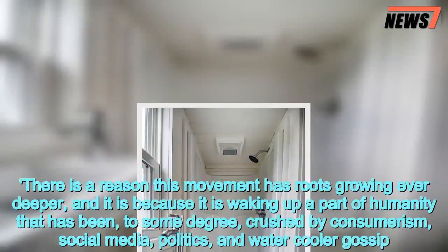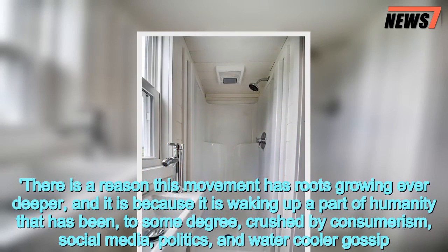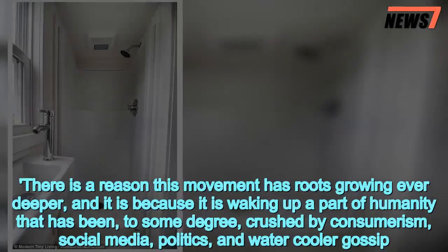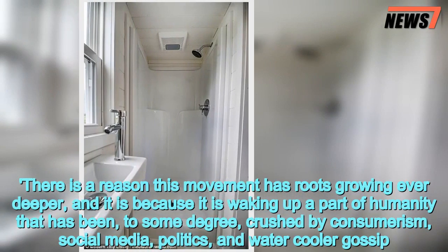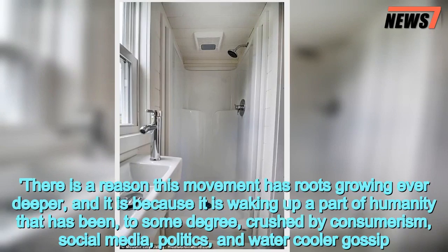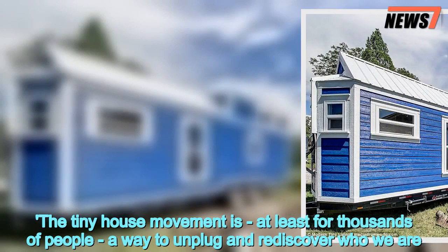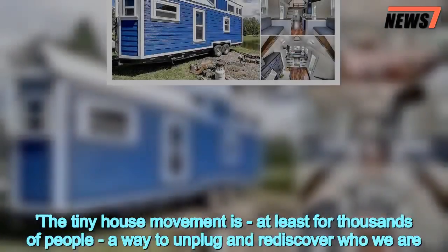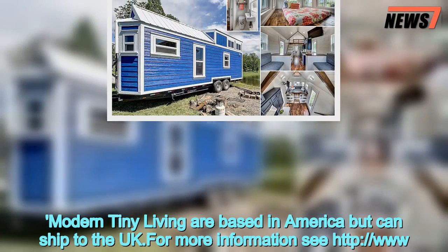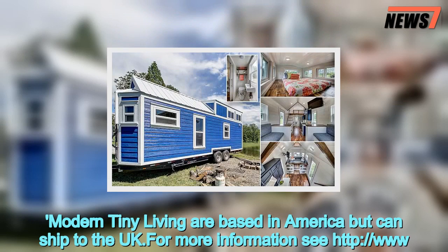There is a reason this movement has roots growing ever deeper, and it is because it is waking up a part of humanity that has been, to some degree, crushed by consumerism, social media, politics, and water cooler gossip. The tiny house movement is, at least for thousands of people, a way to unplug and rediscover who we are." Modern Tiny Living are based in America, but can ship to the UK. For more information, see